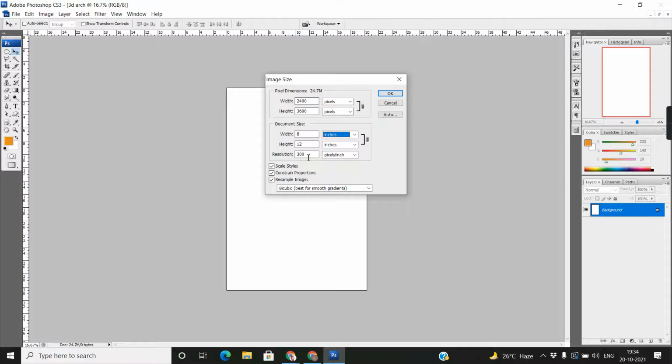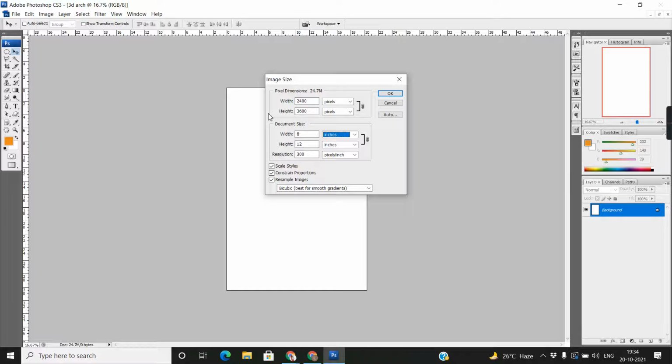If I'm talking about pixels, 8 multiplied by 300 is 2400, and 12 multiplied by 300 is 3600. So that's called resolution. Multiply width by resolution and height by resolution, and you will get the pixel size.